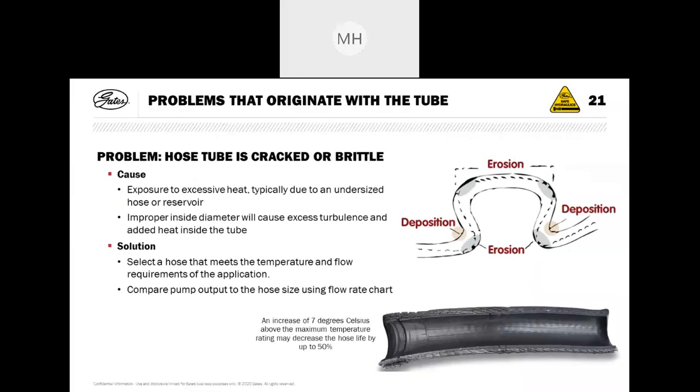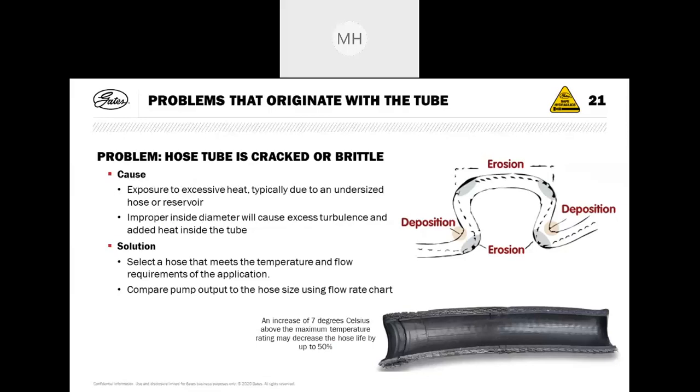So the idea is we need to match the correct ID of the hose for the application to get the correct turbulence or speed of the fluid going through the hose. So as you can see on the picture on the top right-hand side, where the oil path is sort of bouncing inside and outside of a hose there, it is going to cause that hose to fail prematurely. So we'd have to look at potentially rerouting that to ensure that that's going to be smooth oil flow for